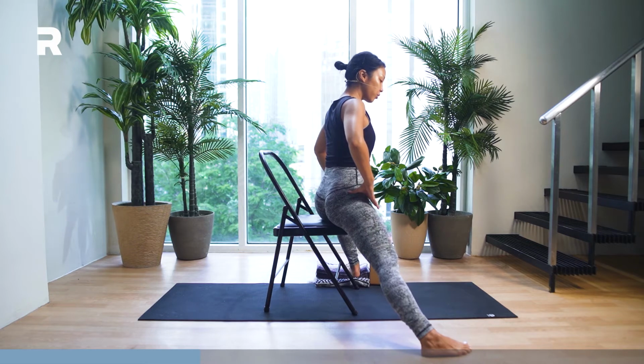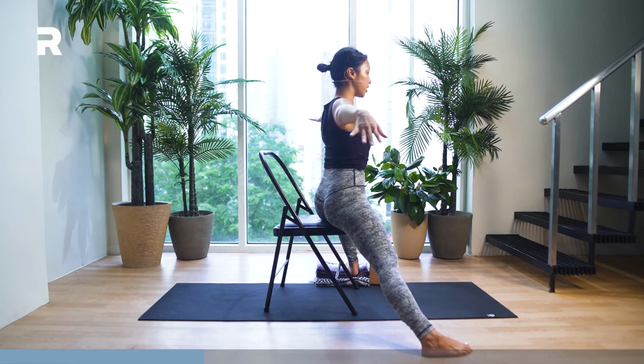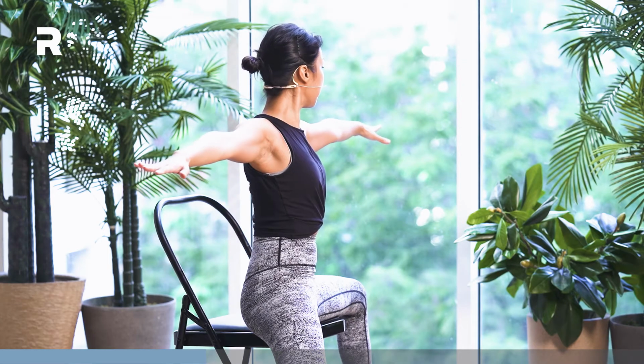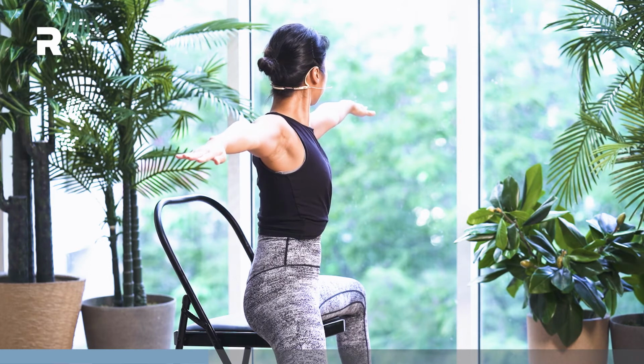So press down through the legs so that they're still really active, very much as though you're standing off of the chair. Reaching your arms out to the side, drop your shoulders away from the ears. Again, hug the belly in. Sometimes I like to even brush up so you can really feel that length. Turn your head, look over to the left, over top the fingertips,